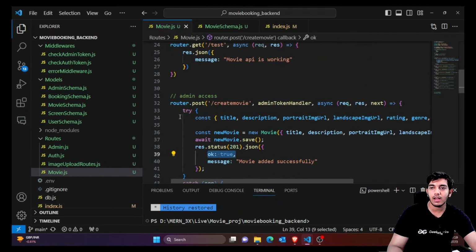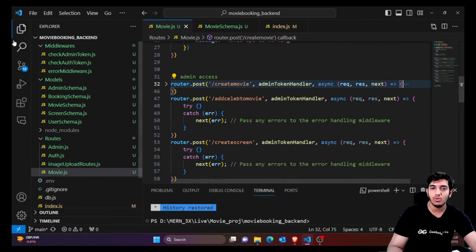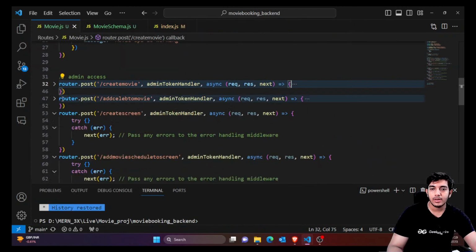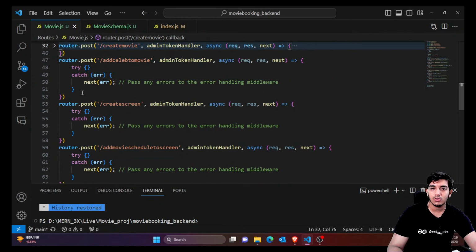Similarly, we're gonna have another thing, that is add celebrity to movie. So add celebrity to movie would be very easy. So again, you're gonna take what details from the celebrity. You're just gonna take